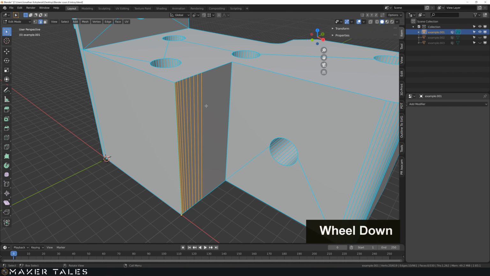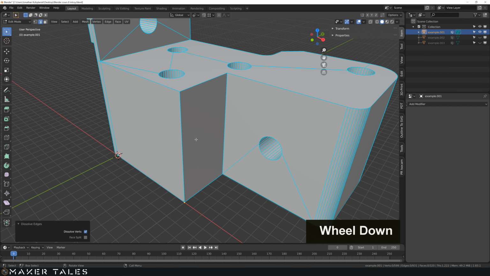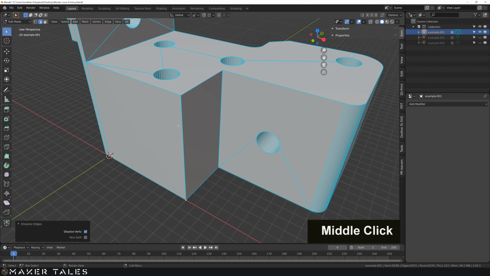Then I'm going to hit X and dissolve the edges that we don't need. As you can see, that is a real pain, and it's quite frankly the main pain point that I have